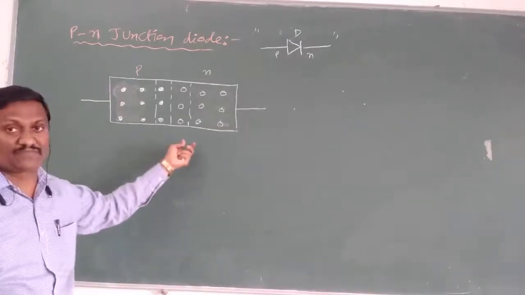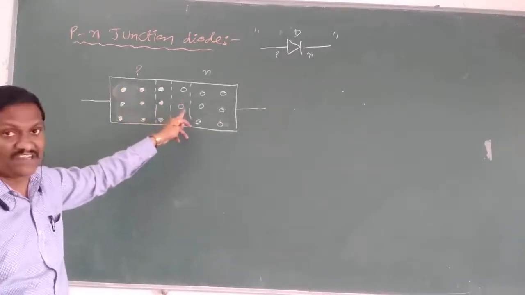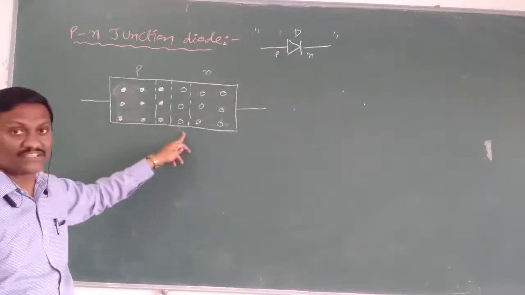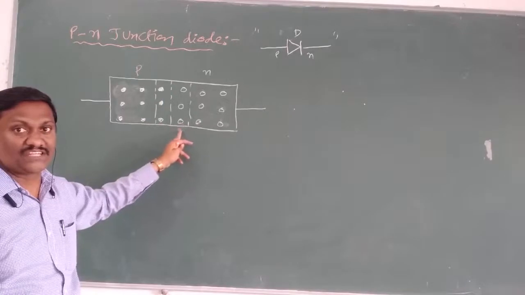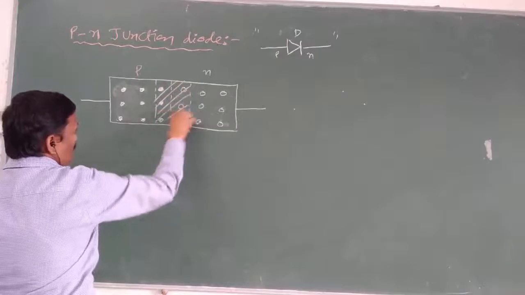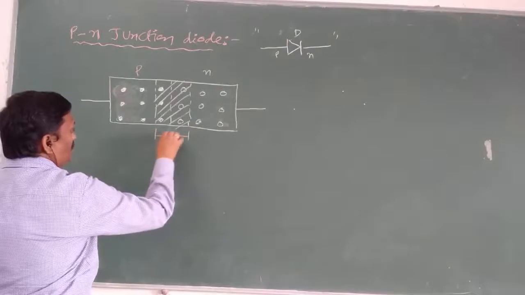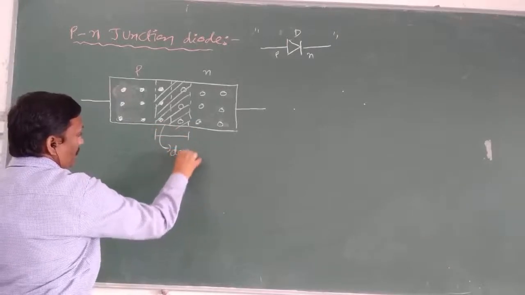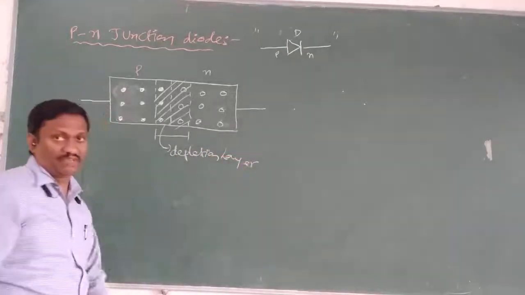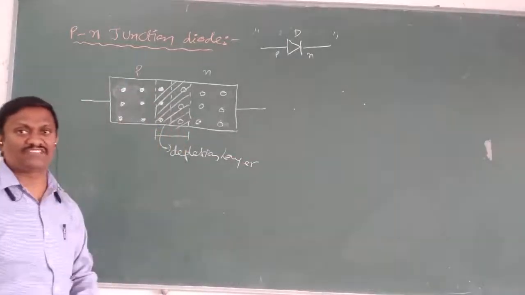This thin layer, a narrow region on either side, forms because a few electrons in the p region and a few holes in the n region across the junction get neutralized, as opposite charge carriers neutralize each other. Their interatomic distance is small, so they get neutralized and form one narrow region on either side of the junction. The region which forms on either side of the junction is called the depletion layer. A depletion layer is a narrow, small region which forms on either side of the junction.